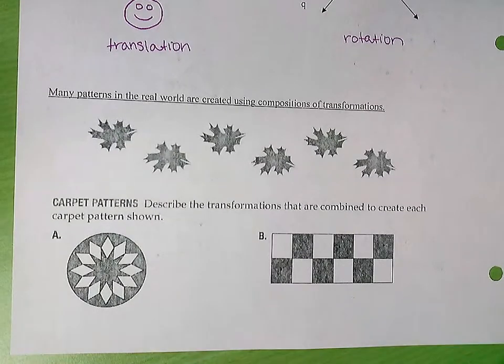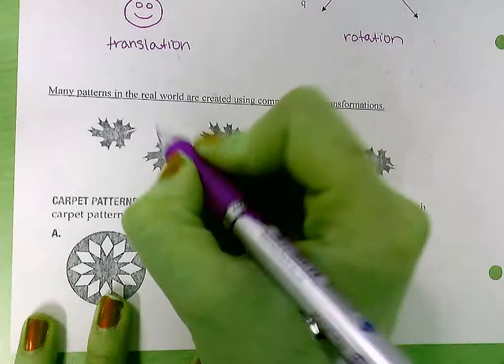Then looking at these patterns below. So many patterns in the real world are created by using compositions of transformations. So with those leaves below, it's kind of like our footprints from the beginning. So first what it would do is